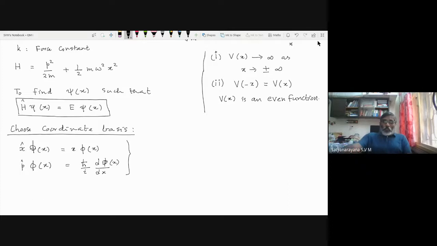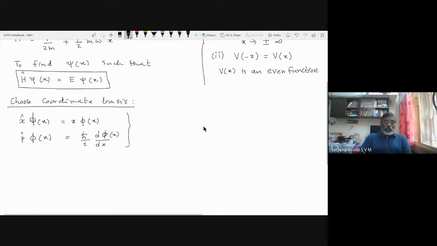Now the eigenvalue equation can be recast as a differential equation. So this implies h operator psi of x is equal to E psi of x can be written as